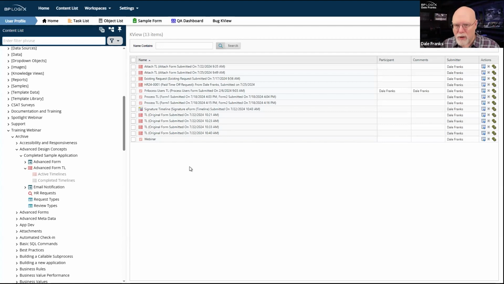That way you don't need multiple knowledge views to find different document attachments or different form attachments. All you really need to be able to do is find the timeline that you're looking for and open up the properties for that timeline instance.